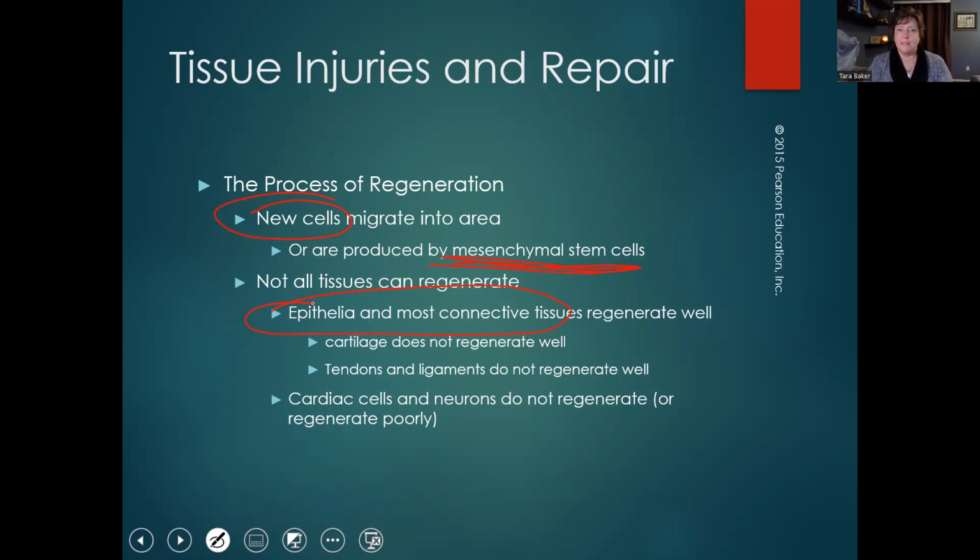Cartilage, tendons, and ligaments don't have a lot of blood flow, so they don't regenerate really well. So it takes a long time for them to repair. Cardiac cells and neurons don't repair at all. So a cardiac cell will never be replaced with another cardiac cell. There are no stem cells to replace that. So if you have a heart attack, if someone has heart damage, it is not going to get fixed. In fact, it'll be a scar tissue, and the heart might get larger, but it's going to be mostly scar tissue, which is not functional.